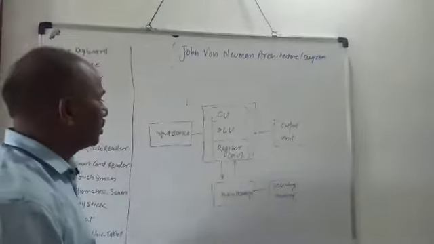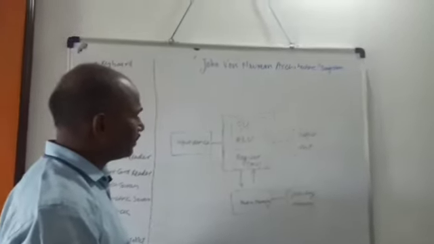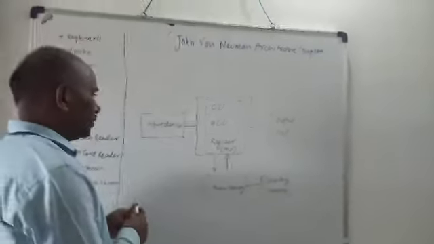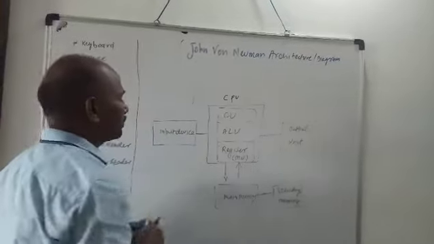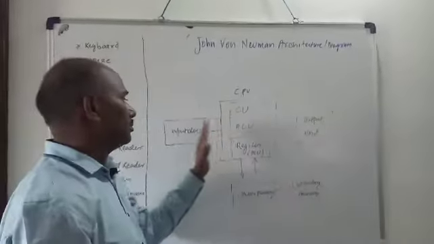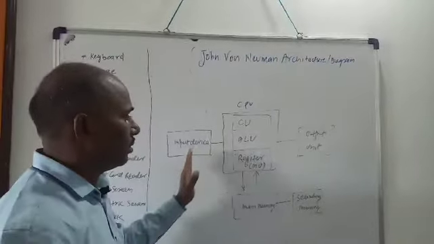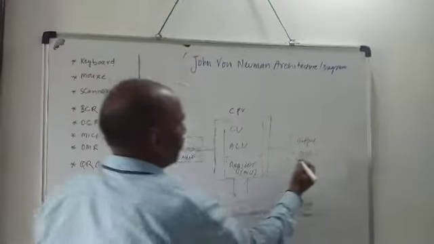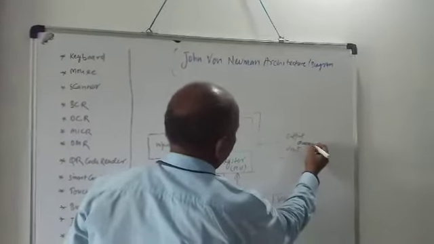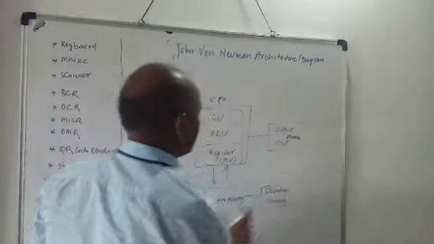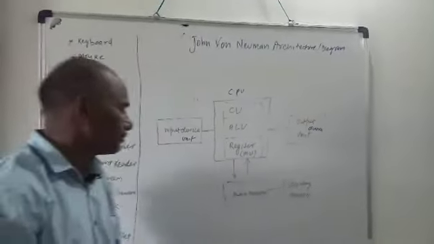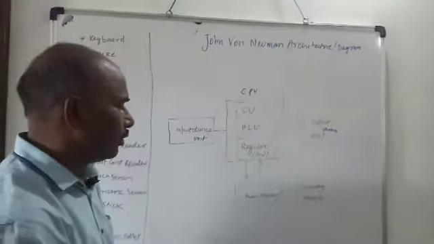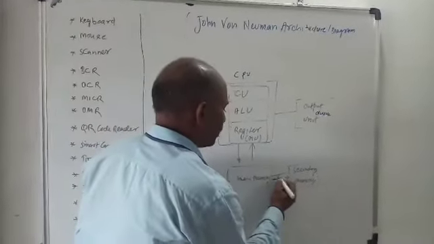So, see this diagram and I will elaborate one by one. This is the CPU, and this is the input device, output unit. You can write unit, you can write device, both are the same. Input devices. And this CPU is connected with main memory, and this main memory is in touch with secondary memory.